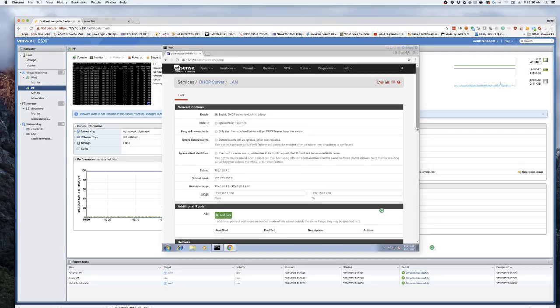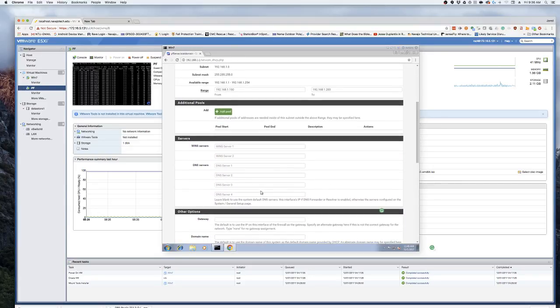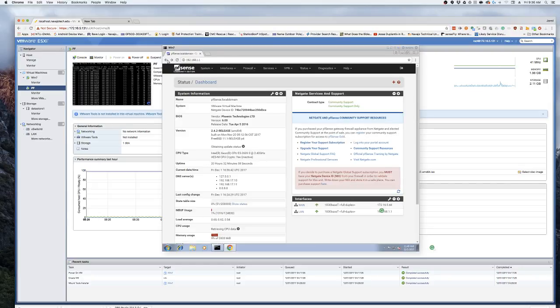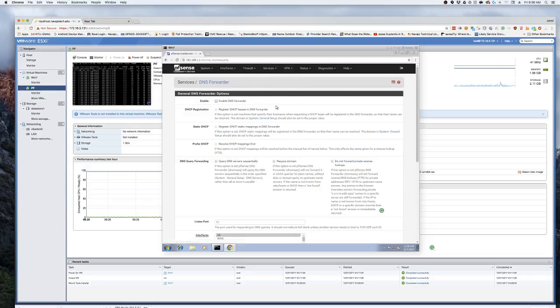Here, when a machine comes on and wants to pick up something, you can preset a lot of this stuff. There's also the DNS server. We can go ahead and populate Google's IP addresses there. But I want to show you something. Go back to services. I want to show you the DNS forwarding mechanism. So if I forward this,